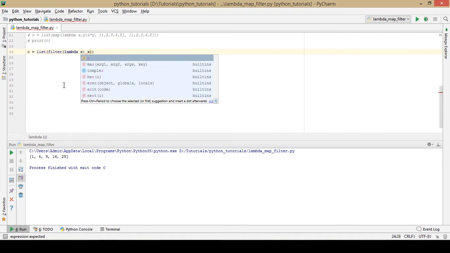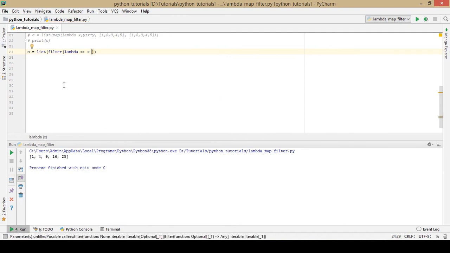So this is the basic simple code: x modulo 2, and it should be equal to 0. So this is the parameter or the variable, and this is the operation that needs to be performed. And next, similarly,